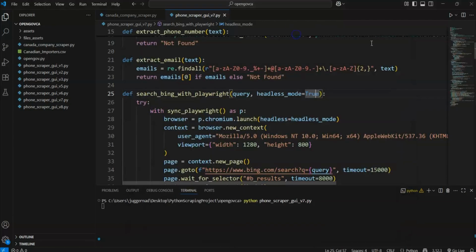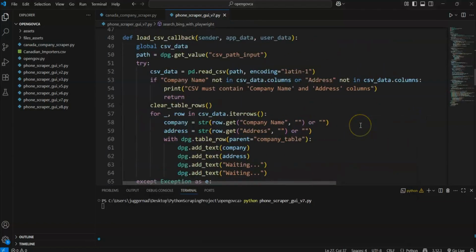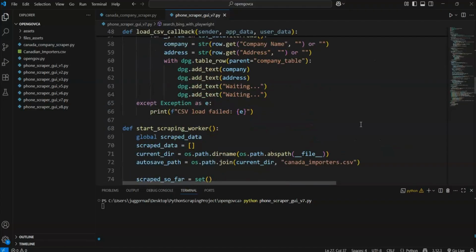If we put it false, then we don't have to do that in the code. We have to do it here if you want to show the Chromium browser. And once it's scraping, it will auto save all the details in the directory where the app is located, and